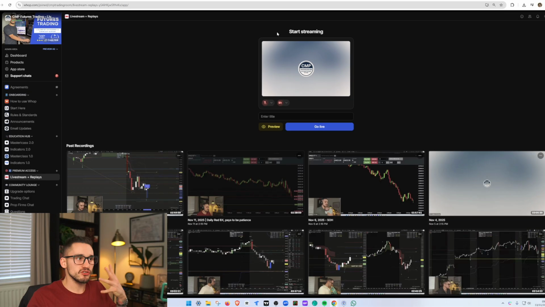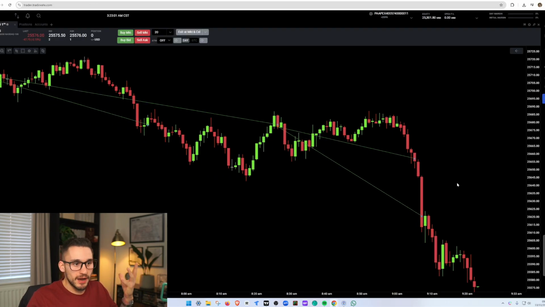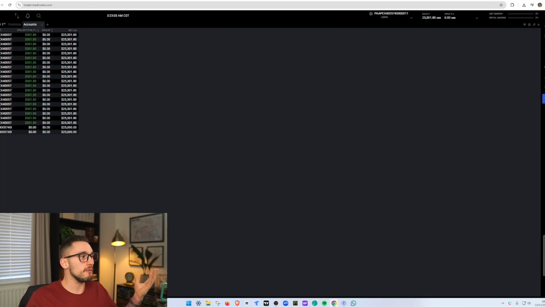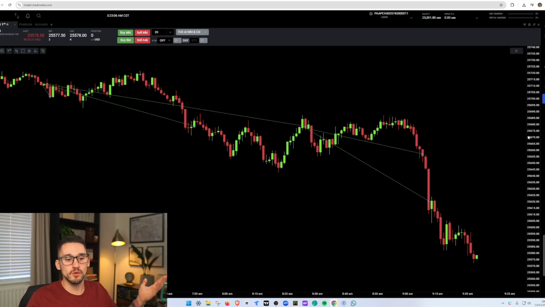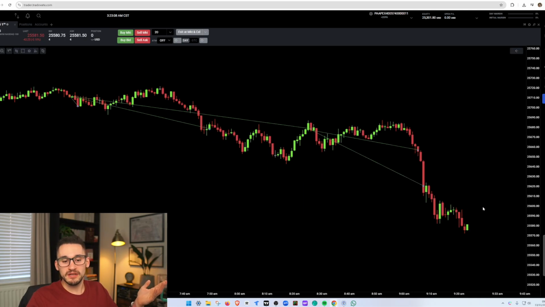But I took the easy trade. I got my $300 per account. Could I have got more? Of course I could have got more. But guess what? If we retrace back up at some point going into the open, I can always take another trade, right? So there's always another trade. Getting some of the move is better than getting none of the move.